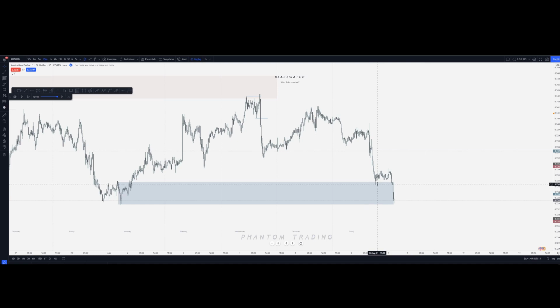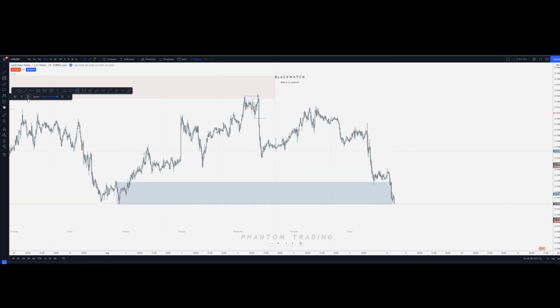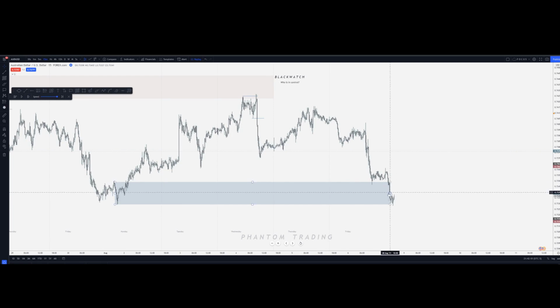Now, what that tells me is that this level here is probably just liquidity. So if price decided to shift structure after taking out this low, there's a good chance that price will at least make it to this level, right? So I can take partials here, or I can do something else. But again, if it sets up, I think it does, based on that little bit of hindsight stuff that I was looking at.